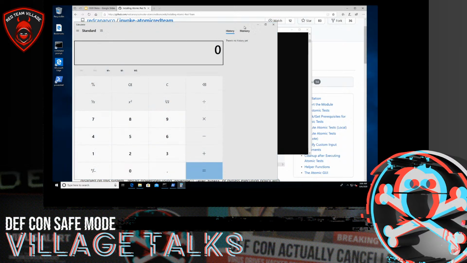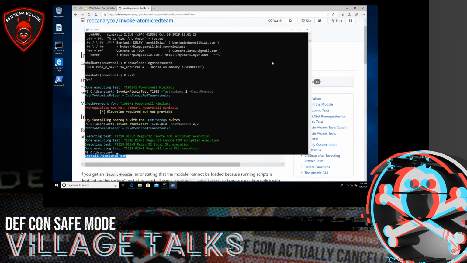I only got one popped up this time. So what was the difference? Well, let's see if we got any error output. It says that elevation was required, but it wasn't provided. So this is why this one worked the first time. Oh wait, that's up there. So it looks like we didn't even get an error when we ran that, but we saw that only one of them executed. So remember, executing it, I guess it might not tell you